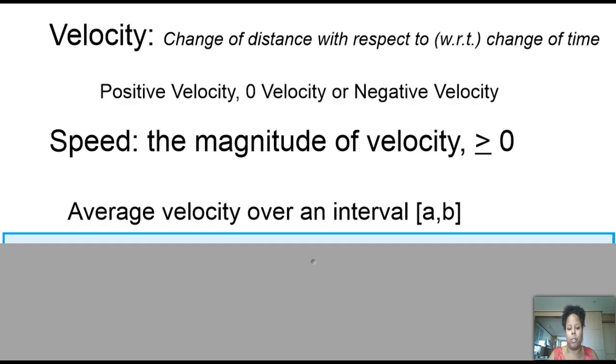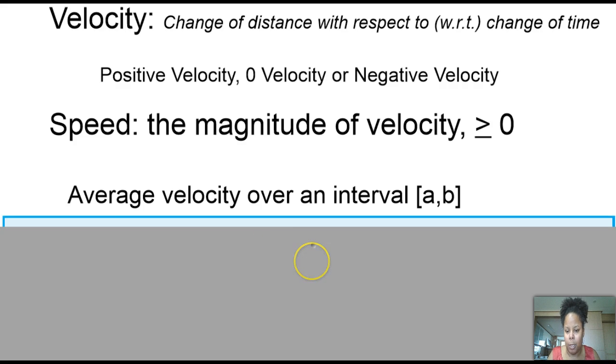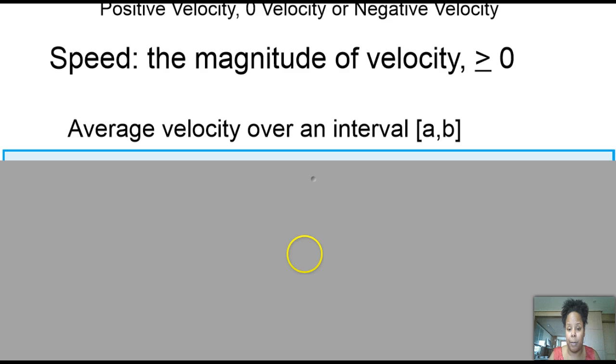Well, we're going to take a look at two types of velocity: average velocity over an interval and average velocity over a point. Now, in this particular case, the interval, of course, is closed, and it contains endpoints for x, or time is equal to a and time is equal to b. So we're not necessarily dealing with the independent variable of x, we're dealing with the independent variable of t,